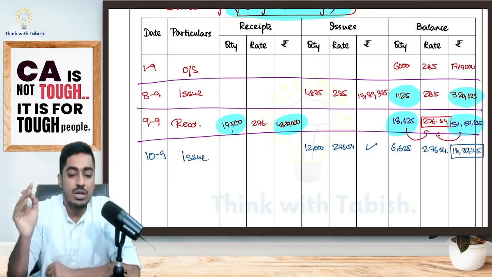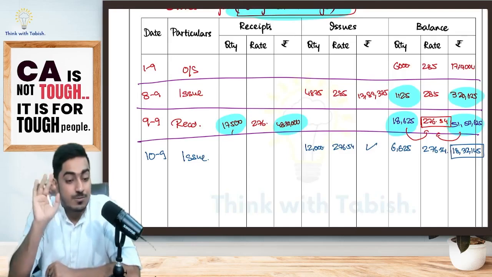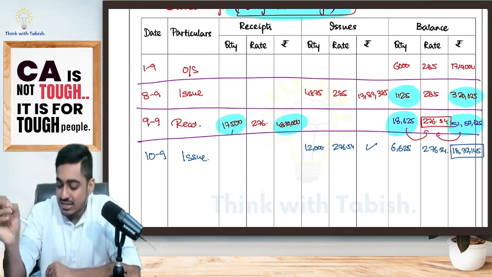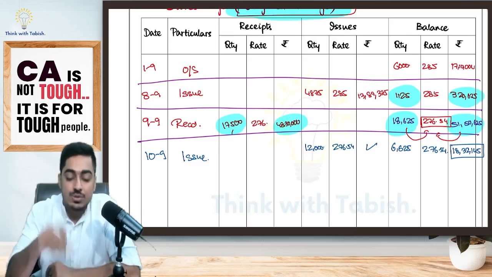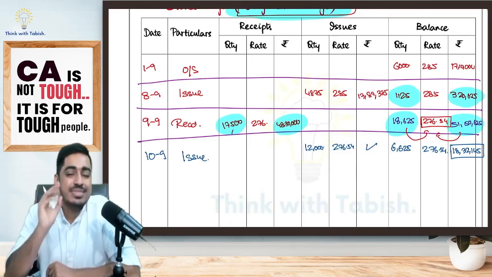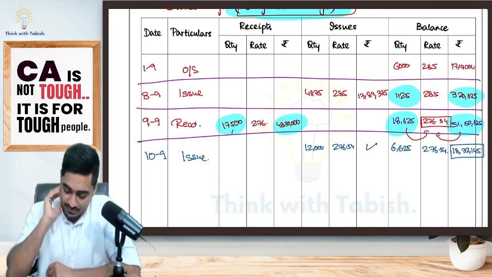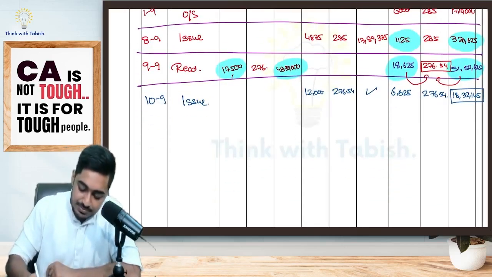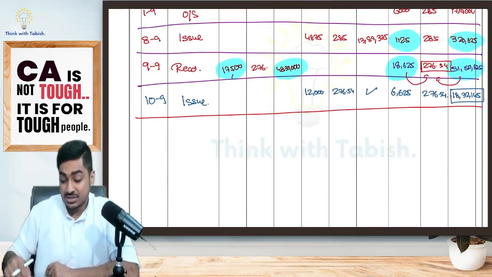Now understand one very simple thing. A small rounding off could be possible. But sir, I got 18,32,148 rupees. Fine, don't worry. I got 18 lakh 32,160 rupees. Fine. Up to 1 rupee, 10 rupees, 100 rupees, 1000 rupees, 1500, 2000 rupees rounding off is also fine. Don't worry. Especially to all the recorded students, don't send me a message telling that, sir, when we did the calculation, we got 1 rupee difference. That is fine. That is inherent. Nothing can be done. ICAI gives you the marks. Don't worry about that. Is this clear, everyone? Okay. But when I am writing here, I will write exactly ICAI's numbers only, because even if a 1 rupee difference comes, students will say, sir, okay.